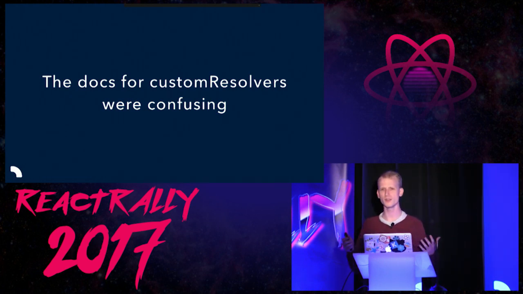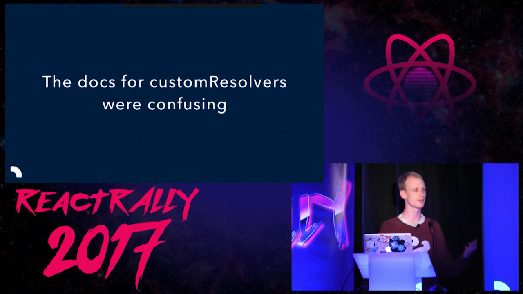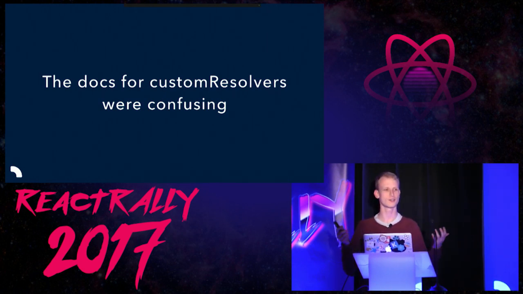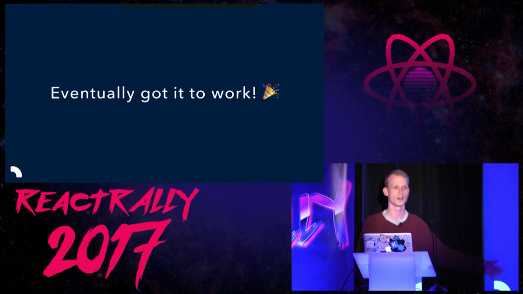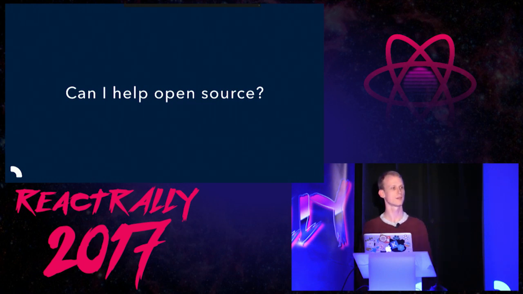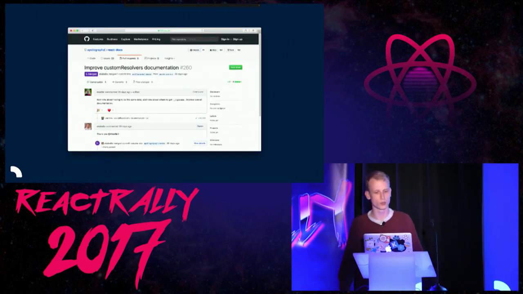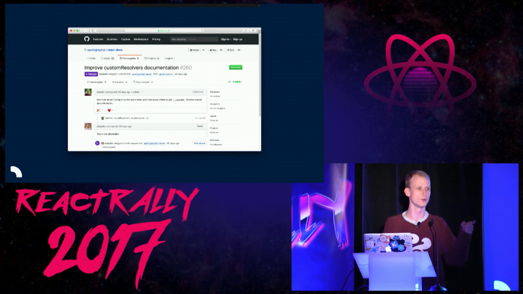It was pretty confusing. I spent like half a day trying to figure out where the issue is, and after half a day, I figured it out. It's only like 10 lines of code, and the issue was somewhere else. But eventually, I got it to work. I got the custom caching behavior to work. So I thought to myself again, as always, can I help open source? And I could. I submitted a pull request to improve the documentation so that you don't have to deal with